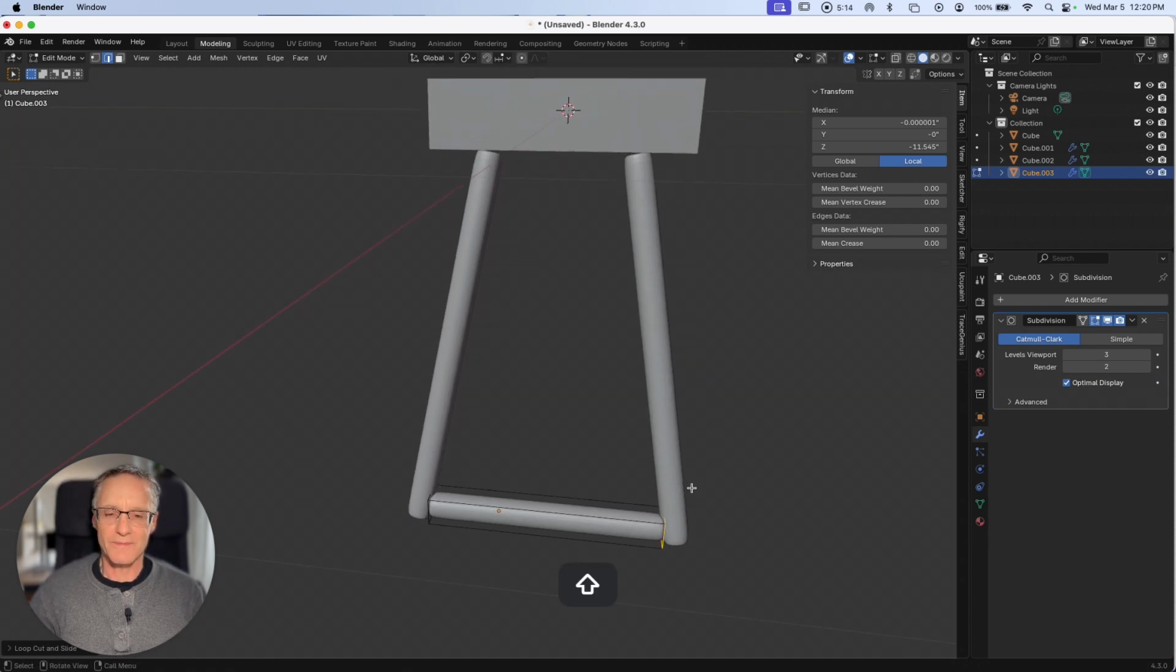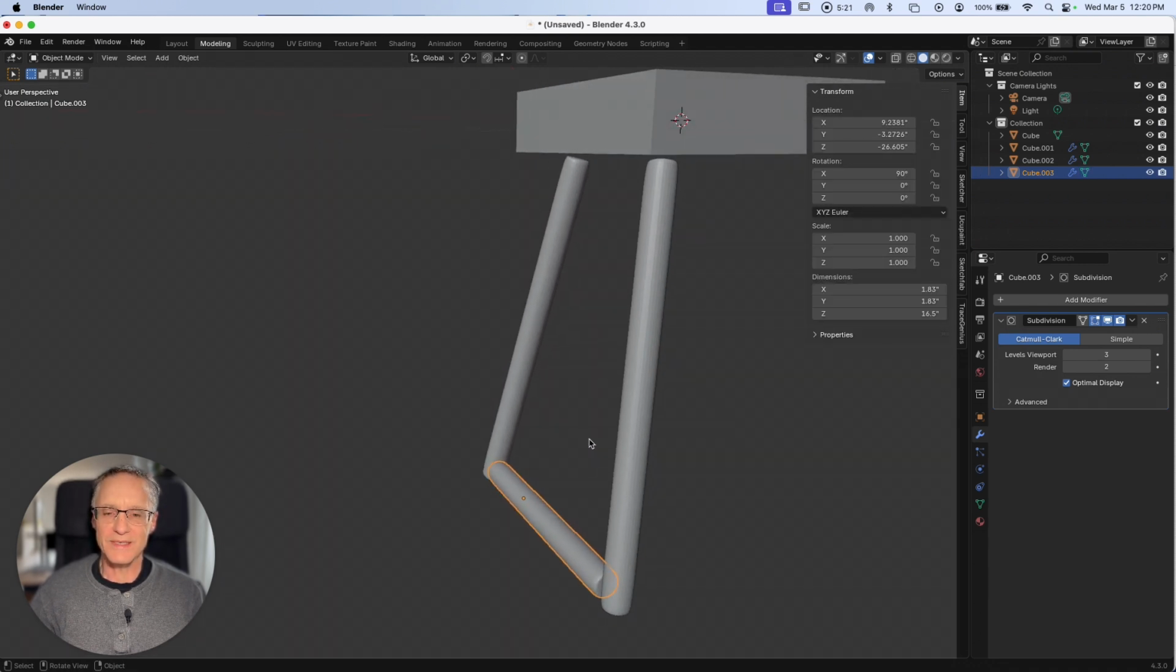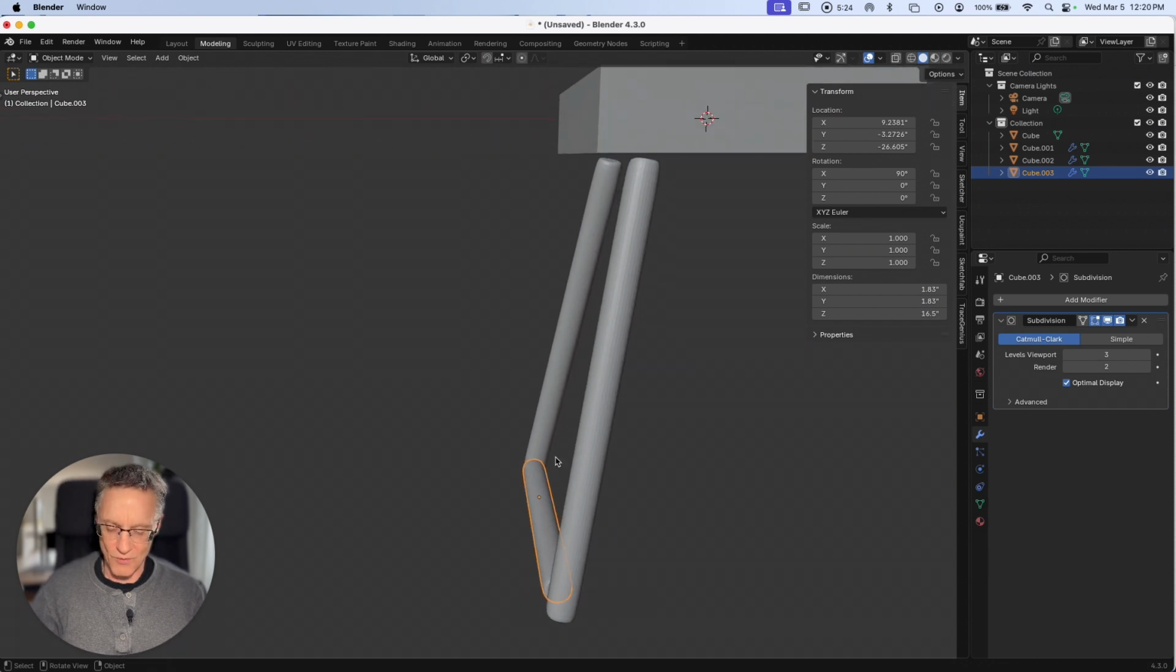This is looking good. So the next thing I'm going to do is tab into object mode, and I want to move this leg up. So I'm going to grab it on the Z